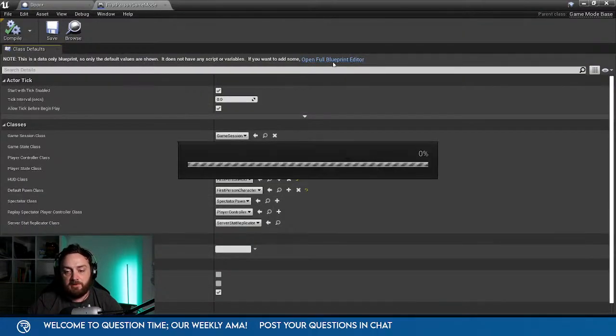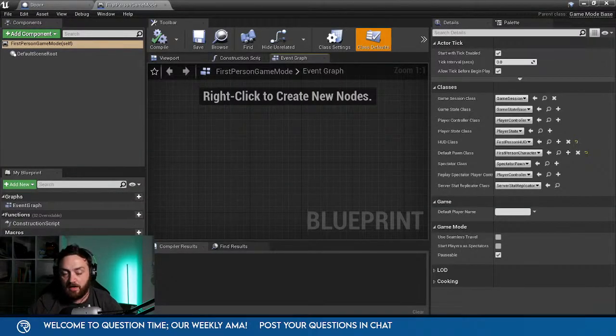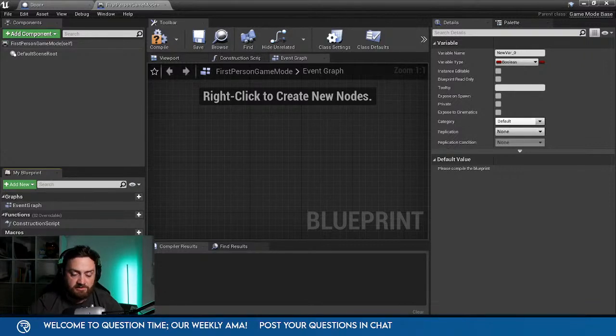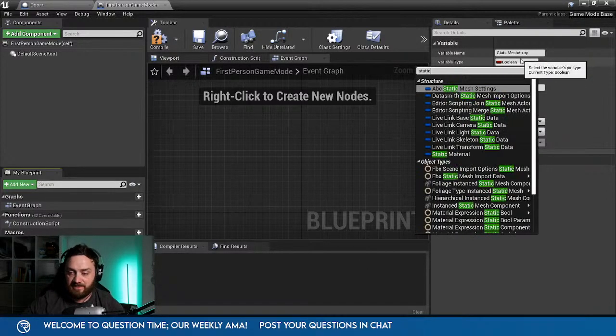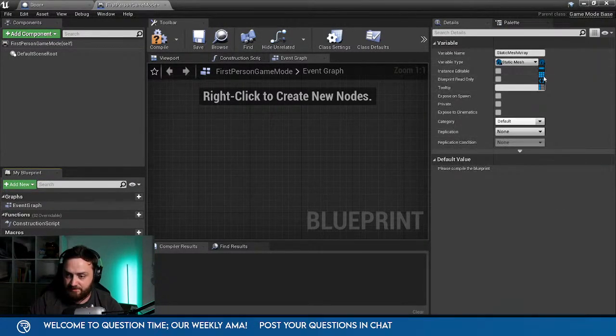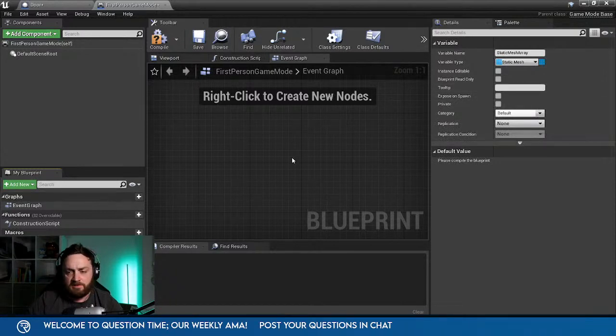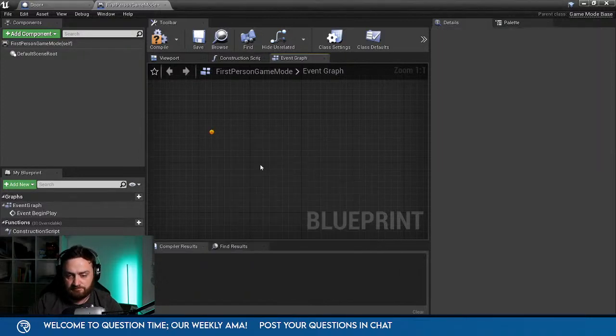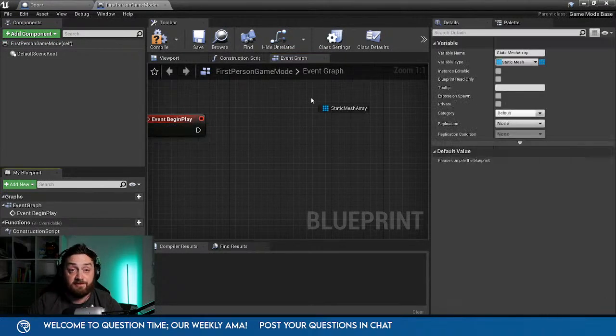And on our game mode, we're going to make it spawn something of different shapes, for example. Okay, so let's say, for example, we have a list of static meshes. So static mesh array. Whatever array it is, you do whatever it is. But to save time, I'm just going to use the static mesh, object reference, and make it an array. And then what I'm going to do is on begin play here is we are going to do a for loop for each item in here.